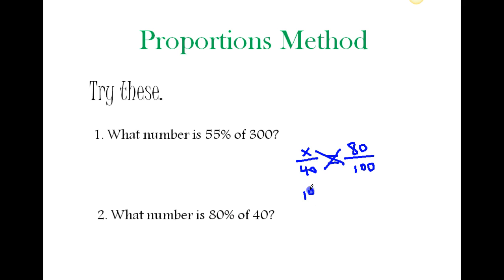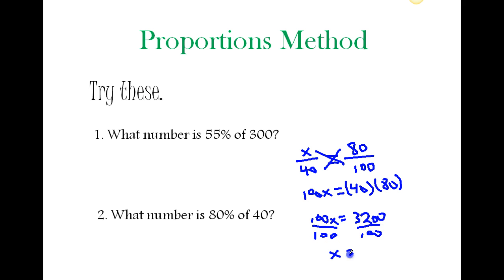X times 100, 100x. 40 times 80. 100x on the left. 40 times 80 is going to be 3,200. I'm going to divide by 100 on both sides to solve. 3,200 divided by 100 is 32. X equals 32. And this is an exact or an